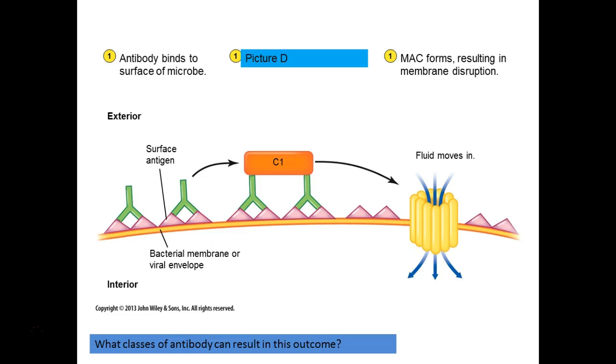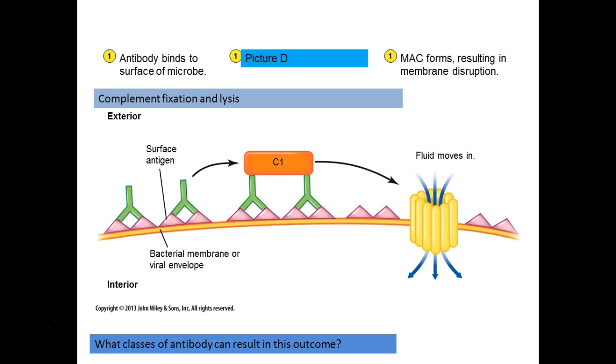So what's C1? What's a MAC? That's what they're showing right here. This is C1 and this is a MAC. So what's happening here? What system are we activating? Because an antibody bound to a cell. Which one has C1 and the MAC? Complement, right? This is activating complement via the classical pathway,